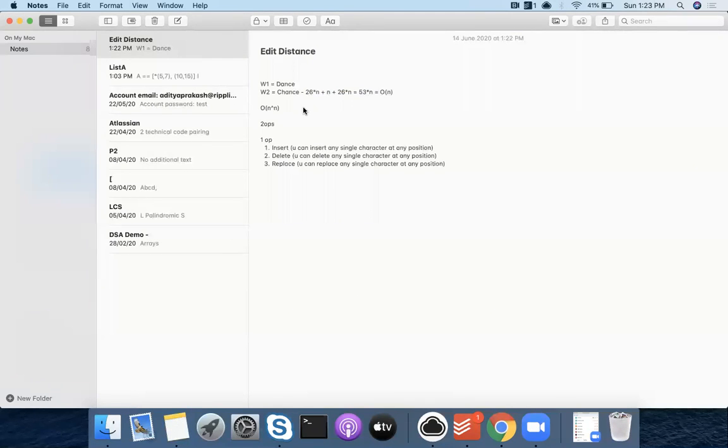and I generate all possible strings that can be generated with one operation. Then I generate all possibilities for two operations, and I see there are n square. Then I do for three. Let's say at four I get dance, then I stop. I don't iterate further because that's the lowest number of operations in which I could have got the solution. If I had gotten it in three, I would have stopped at three, because I didn't get dance at three from chance. That's why I'm going ahead till now.